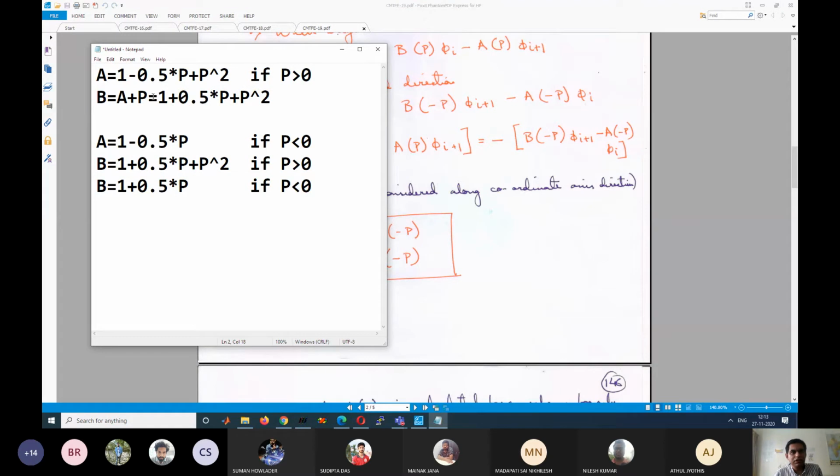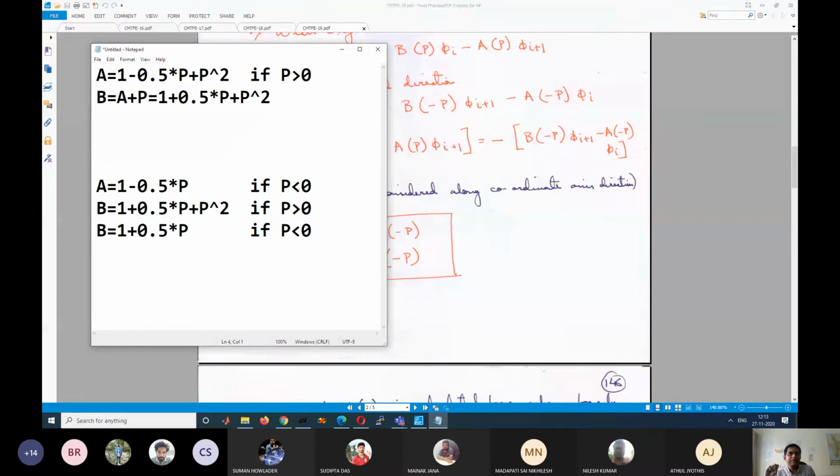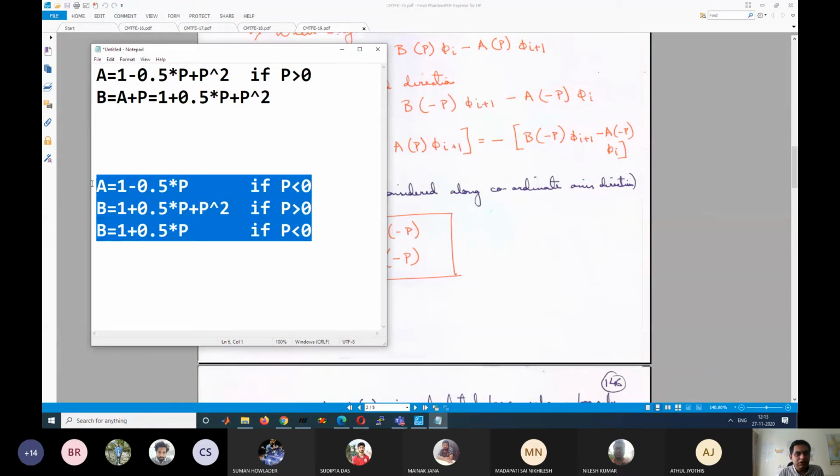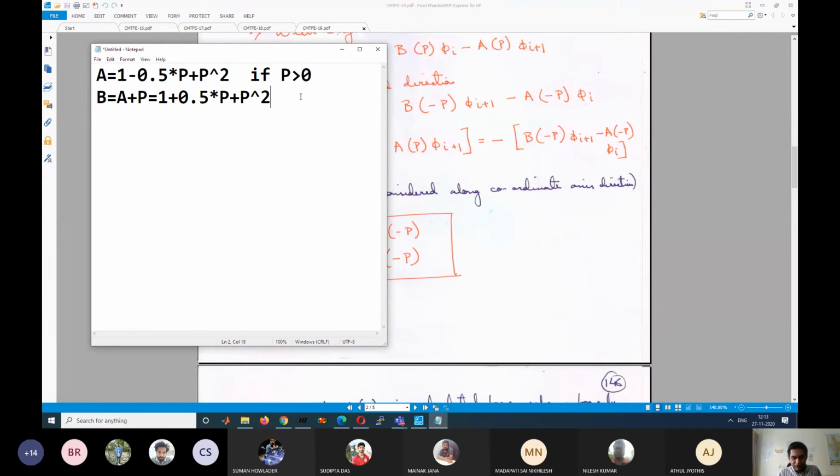Okay. Now, if this is the case, what should be the values for the negative direction? These are not true. These are not correctly defined. What will be the value for the negative direction of A? For P less than 0, what should be the values? Okay, forget the previous equation. Those arbitrary equations I had given, those are not correct.